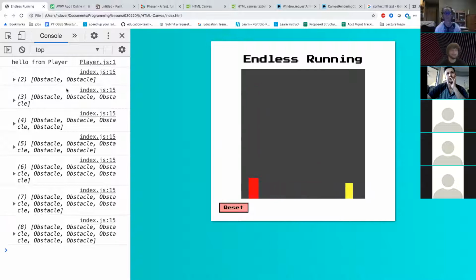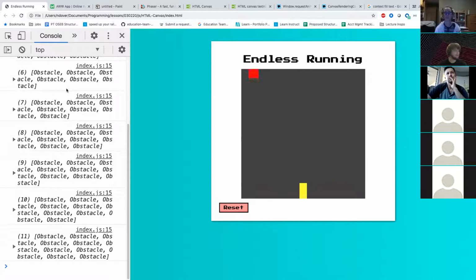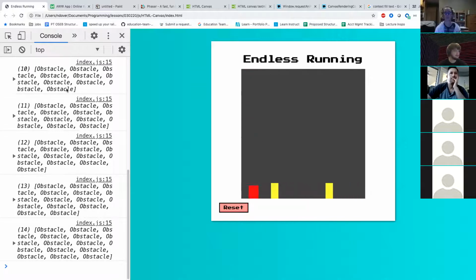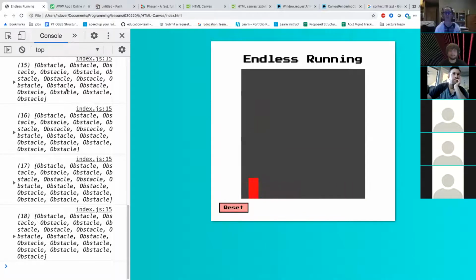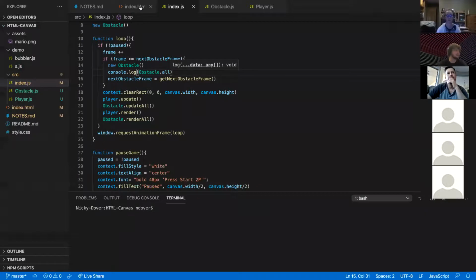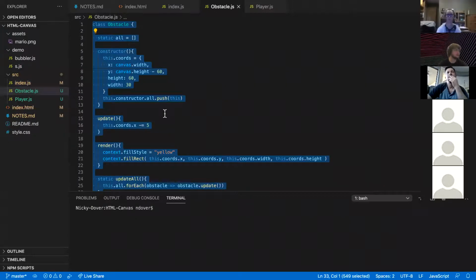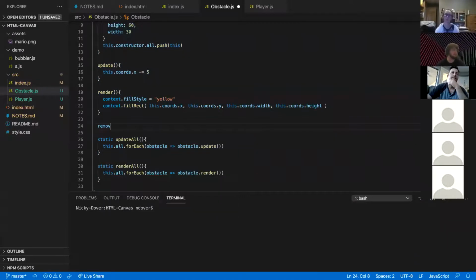JavaScript is still going to keep doing this math every time, despite the fact that they're off the screen, right? And eventually this could get my computer to start behaving slowly, right? So we could have a remove